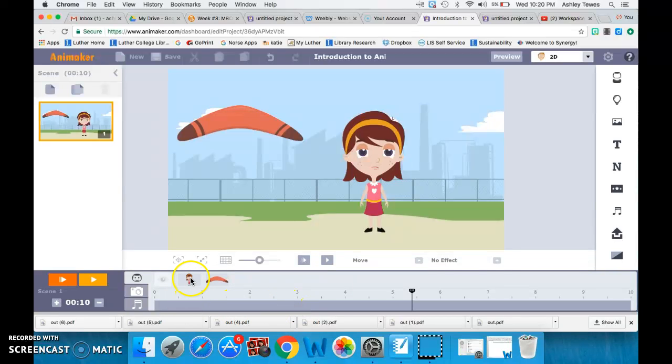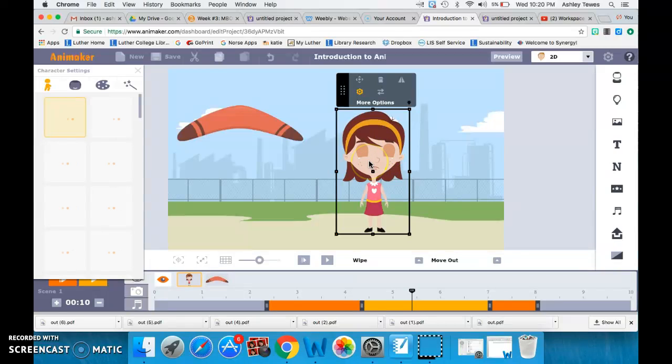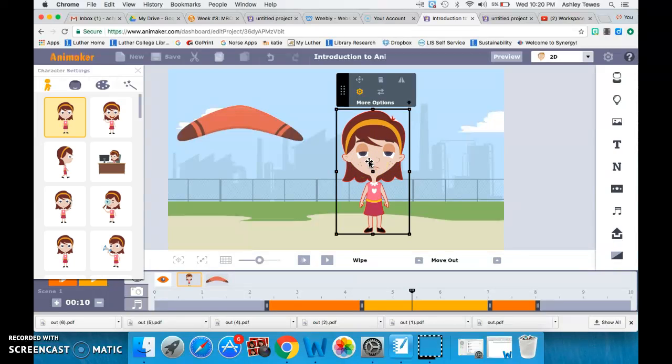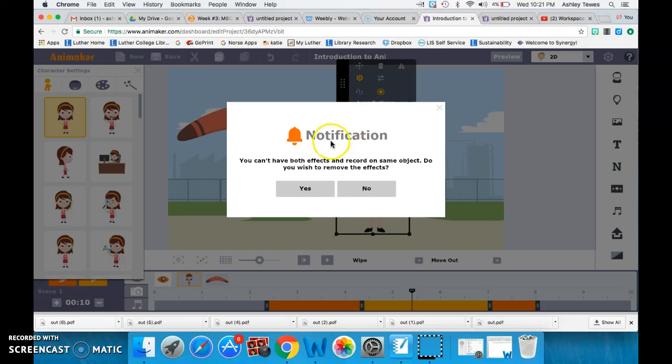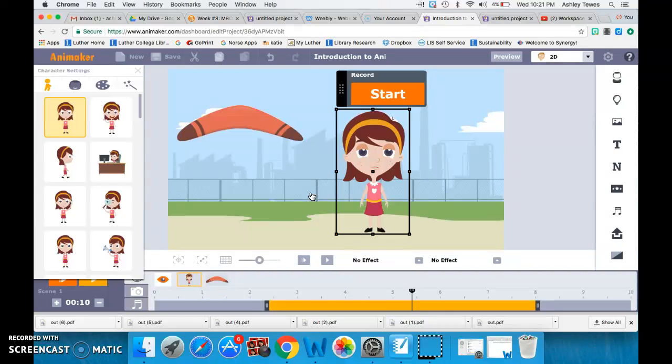Now, one other cool feature is we can select our person, and we can have her do some different reactions here. So one thing I want her to do is I want her to enter the screen sad, but then when she sees this boomerang at about 6 seconds, I want her to react and be really happy. So if we hit, under here, more options, and we hit this record button, I'm going to get rid of my effects here, because you can't do this at the same time, you got to choose one. So we'll choose this. We'll say, okay, I want her to start sad. So I'm going to hit start,